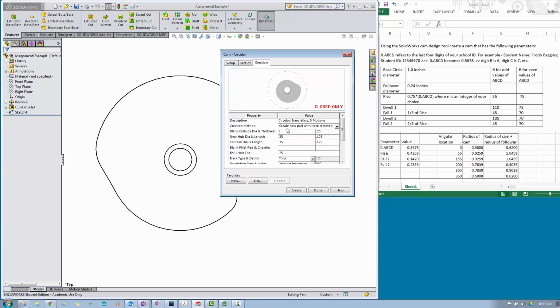And then under the creation, you've got to make sure that your outside diameter is greater than what you're looking at. You look for your greatest radius here, which is 1.0459, multiply that by 2 and make sure that your blank is larger than that, and I'm figuring I'm having a 1/4 inch blank. The hub diameters and lengths are up to you. I wanted to use a through hole of 1/4 inch. My track depth is going to be through, so I'm just making the cam shape itself,